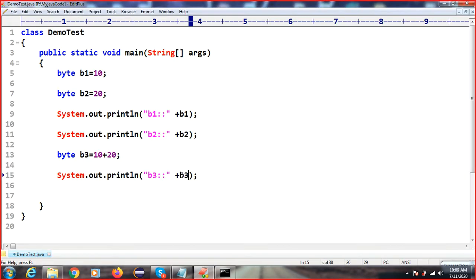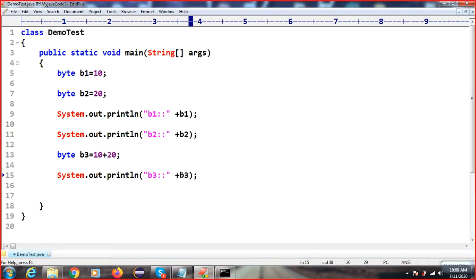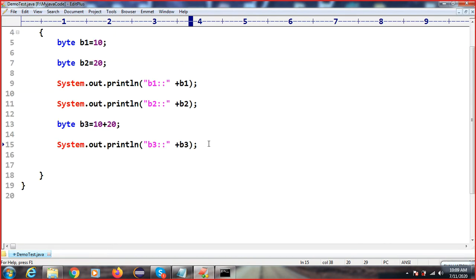Now if I compile and execute this code, we get 10, 20 and 30. Now I will take one more variable, byte b4, and I will store b1 plus b2.